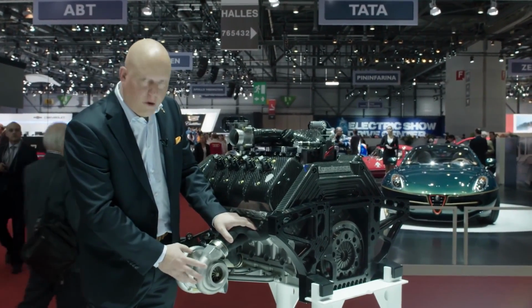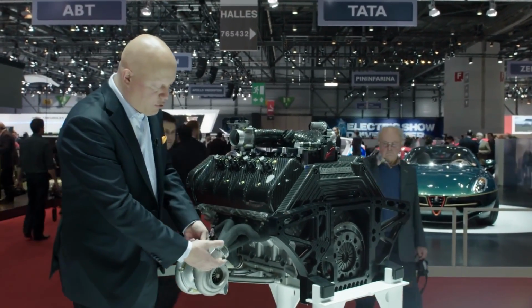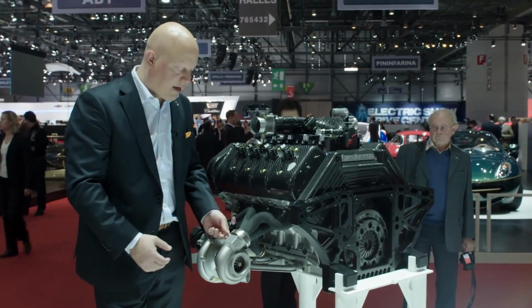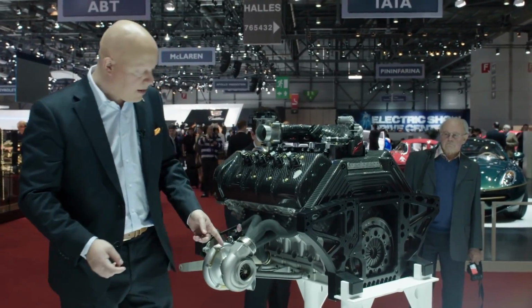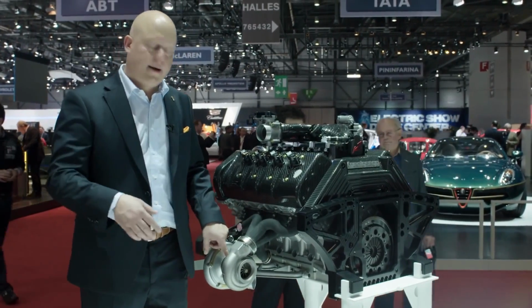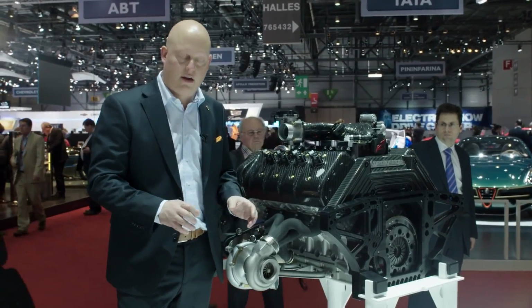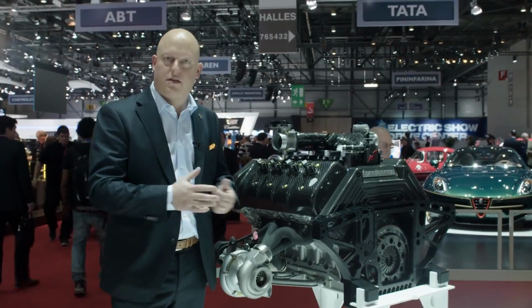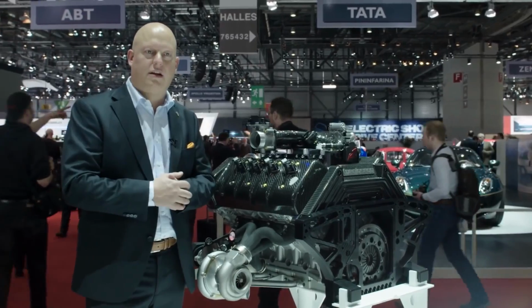So for our production cars, we're actually printing these in stainless steel, and we're printing the moving parts as well at the same time internally in the housing, so we don't need to fit them afterwards. They're already in there when we get the turbine housing. Also, the threads to mount the turbine housing are 3D printed in the process, so there is very little to almost nothing in retro finish surfacing work. So all in all, it's a very interesting, unique solution that gives our engine a broader range and a unique